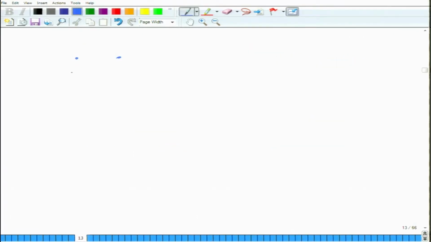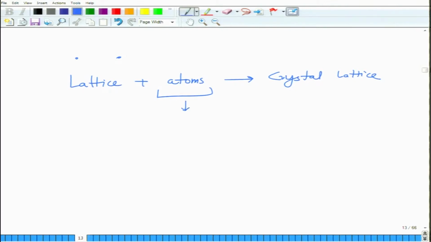So we said that lattice plus atoms make a crystal lattice, and these atoms can be put in a more specific term which is called a motif